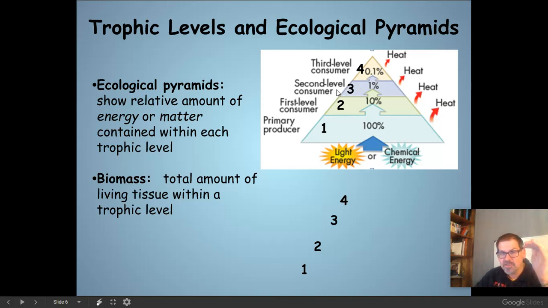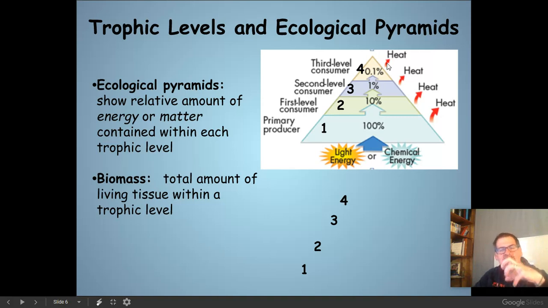So the second level consumer is on the third trophic level, because our first trophic level is the producers. So here's our plants, here's our herbivores, our first level consumers, and here are our first predators. They eat these animals. Only 10% is left in that one. And then our top level predators eat these animals. So when we run it through all these food chains, 100% of the calories here, say 1,000 units of energy, gets reduced to 100 here, to 10 here, and then only 1 here. This is why those top level predators are so rare.